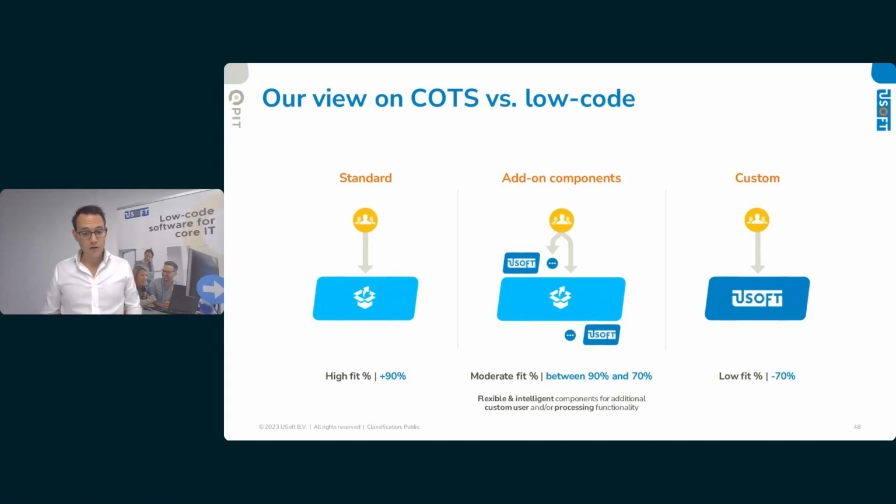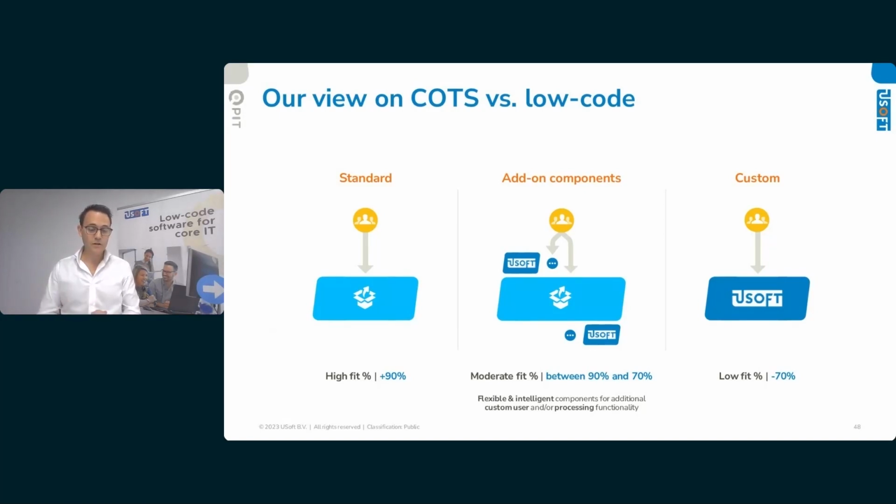What we see in the market, however, is that a lot of organizations, and that's also part of the reason why you need a clear plan and targeted action, can perfectly work with commercial off the shelf, but they need additional automation to fully support their primary business processes. In the past, we've seen that a lot of organizations custom coded on top of, for instance, their ERP. And we now see a rationalization and modernization approach where these customizations are taken out of the ERP or other systems and put into intelligent platforms, like, for instance, low code, to help the organization differentiate more rapidly on these specific processes.